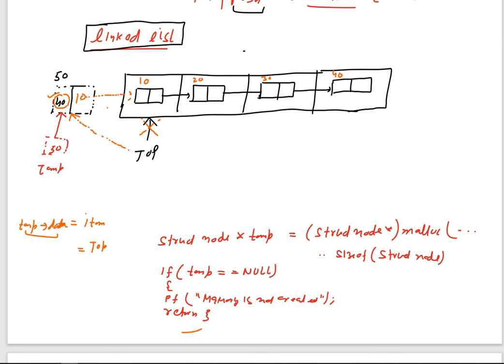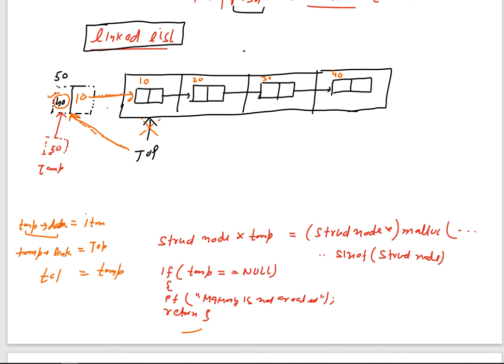So it means that this particular top position we have to put at the temp of link. By doing so, now this is connected like this, and then this particular temp. So what is temp holding? Temp is holding 50. Okay, so we just need to create this link. In order to create this link, what will the top hold now?